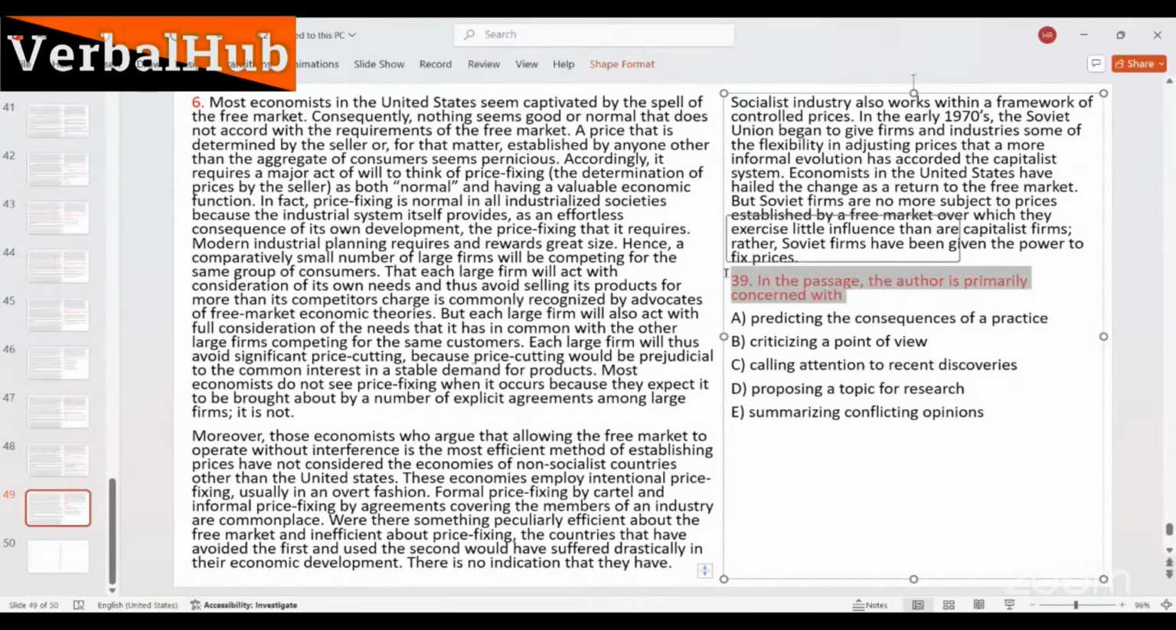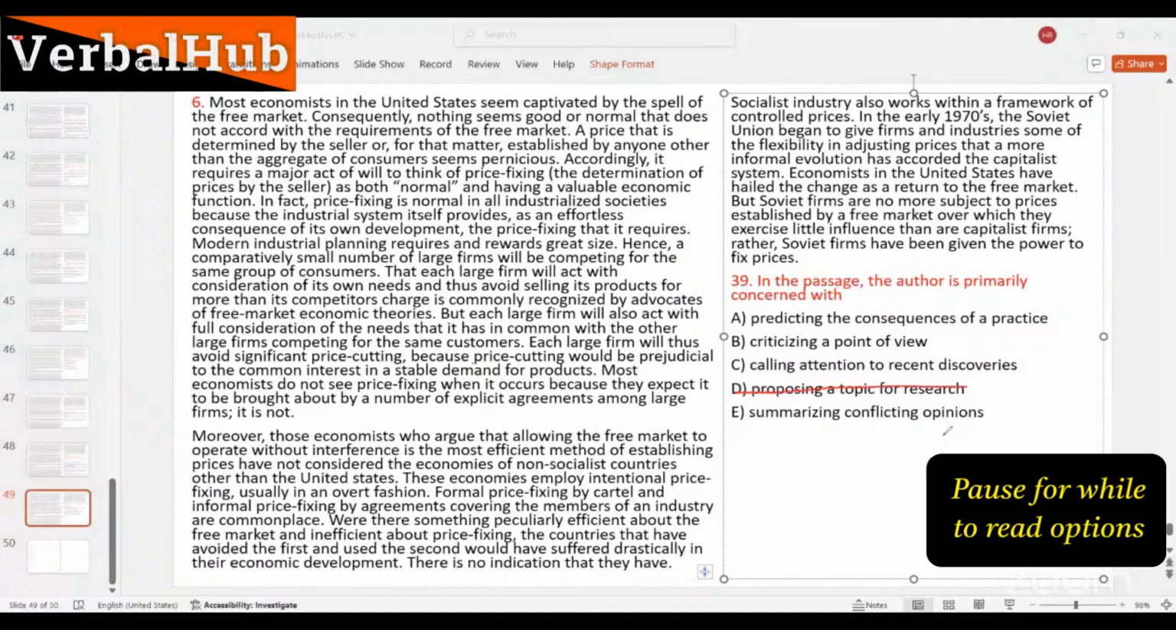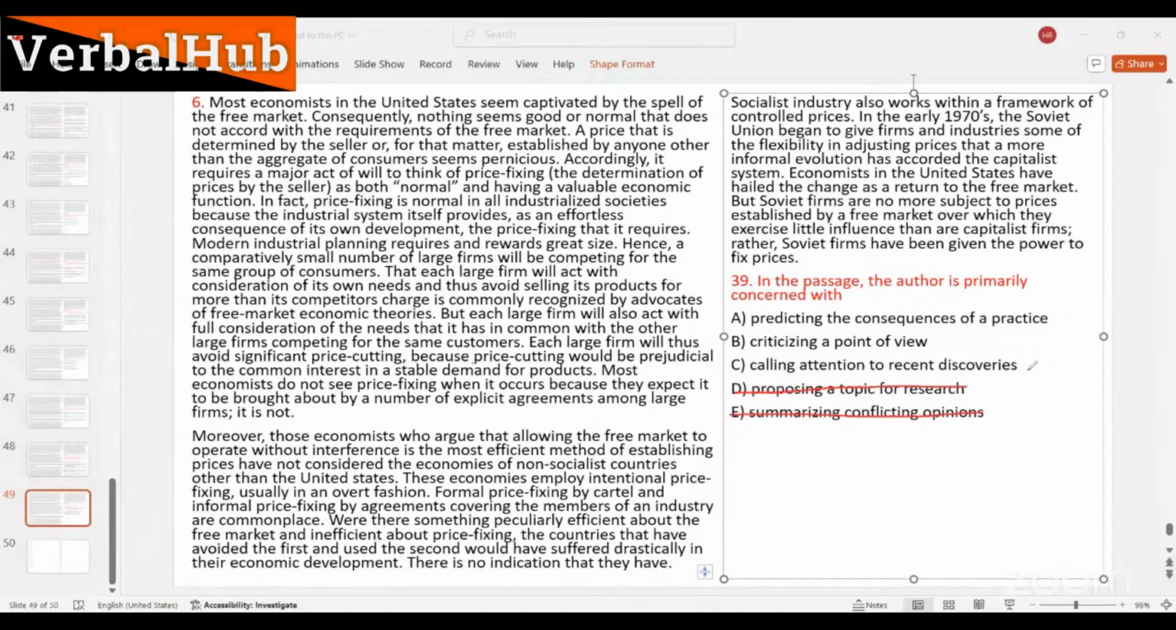Author's primary concern. All right. The primary concern is in the first para, and you can go through the last para, but mainly the first para. For example, most economists in the United States are captivated by the spell of free market. Consequently, nothing seems good or normal that does not accord. So what is the primary concern? That free market is not a good strategy. So the option that says it is not a good strategy will be the answer, right? So which option is not related to not good? At least it cannot be